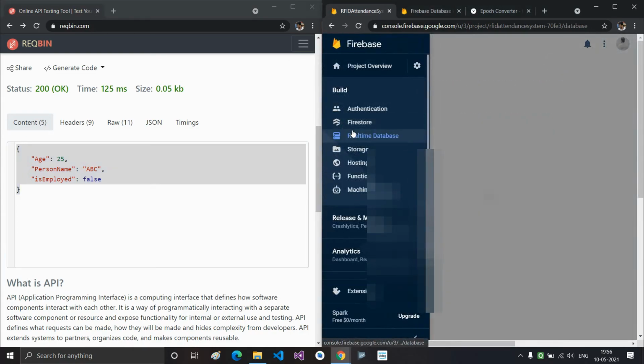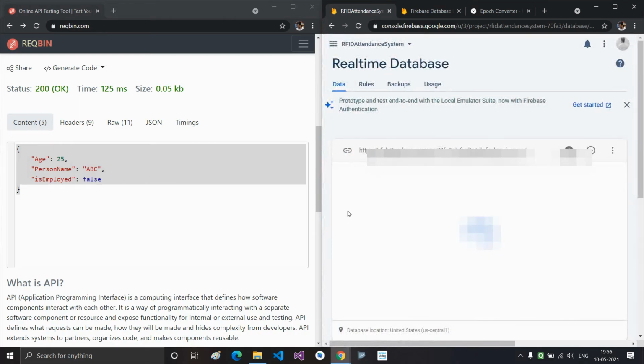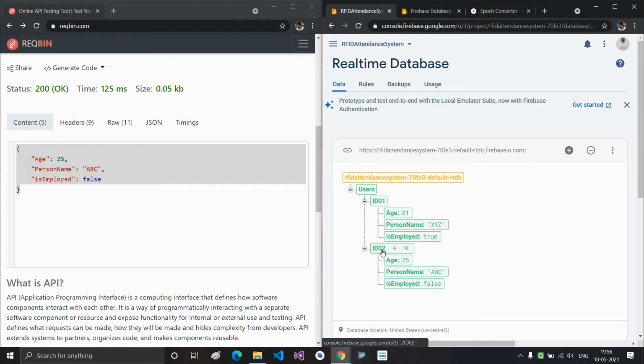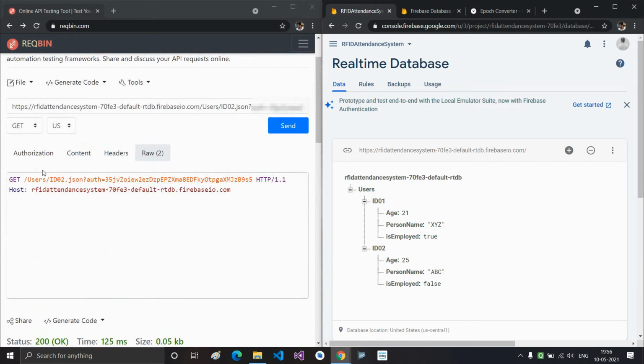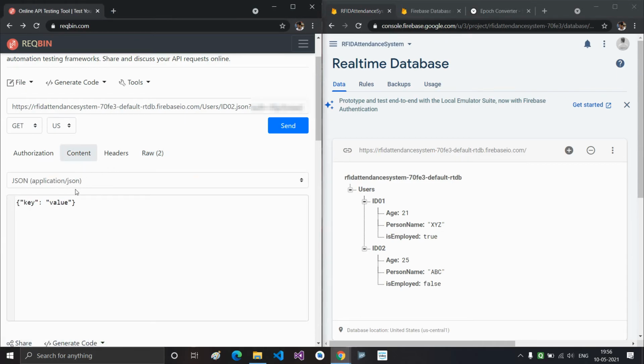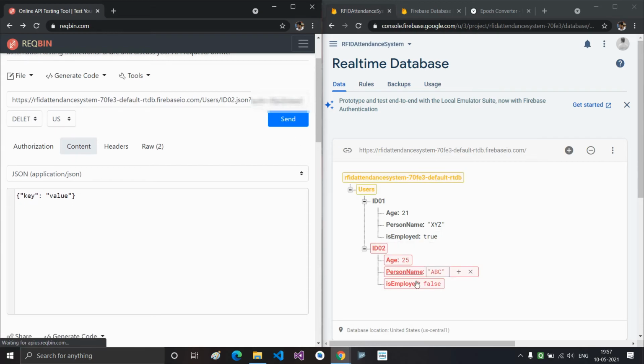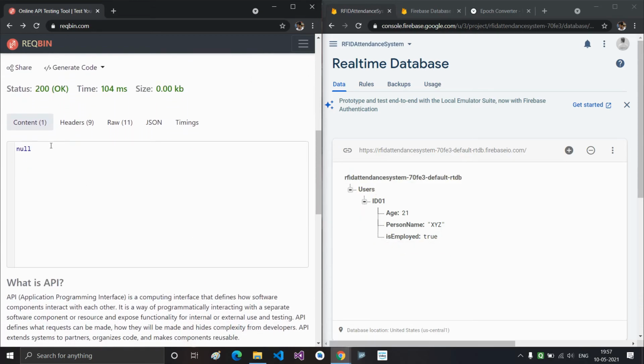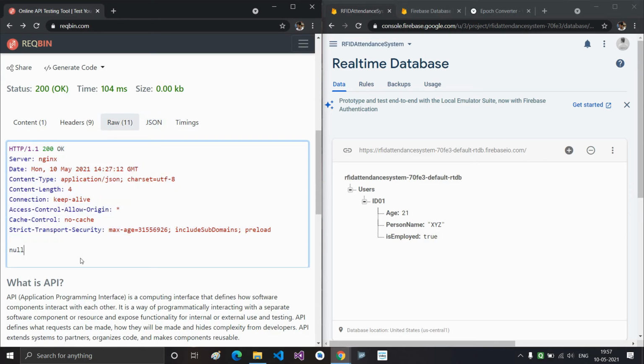So now let's delete an already added key. Say we want to delete ID02. So what we do is we go to content, we clear all the content. Now instead of a GET request, we select a DELETE request, and we make sure that the path is id02.json. So basically id02 should get deleted, and once I send the request, id02 gets deleted, and a response 200 OK is sent, and the content is null as we have deleted a key. So you can see this is the response.